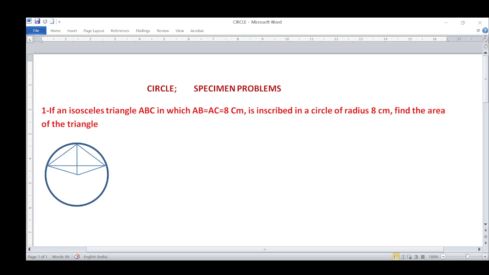So students of class 10 CBSE board, there are two problems which we are trying to solve. These are specimen problems, and obviously these problems have so many relations with the triangle also. So let's start with the first problem. The first problem says,